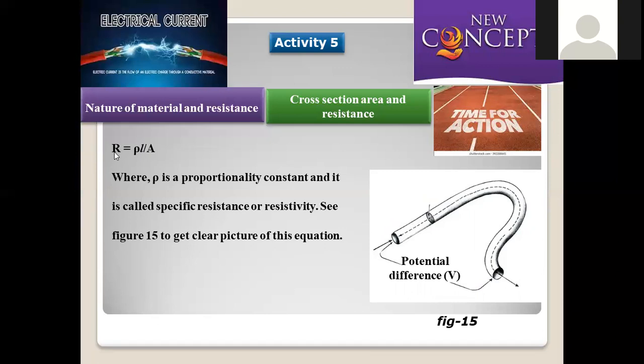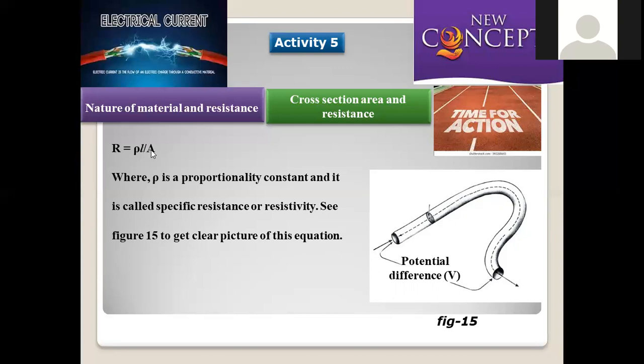Now, because already we know resistance is directly proportional to length and inversely proportional to cross-sectional area, in order to remove the proportionality we introduce the proportionality constant, denoted as rho. Rho is the proportionality constant and it is called the specific resistance. Anywhere in mathematics, proportionality is always removed with a constant. That's the reason why R is equal to rho into L by A can be written down, right?